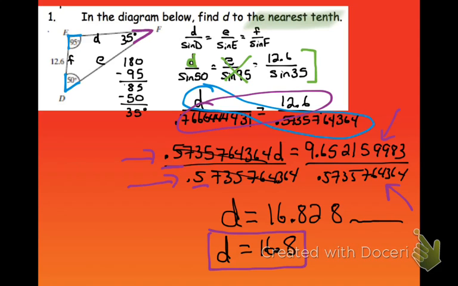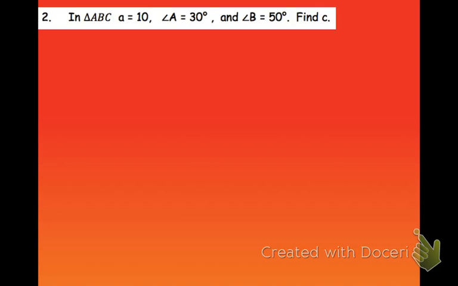So let's look at number 2 quickly. What I'd actually like you to do is sketch a picture for this and try and set up the law of sines. You don't have to solve it. I want you to just sketch a picture and set up the law of sines with A, B, and C all plugged in. Other than that, if you have questions on the other problem, please make sure you jotted them down